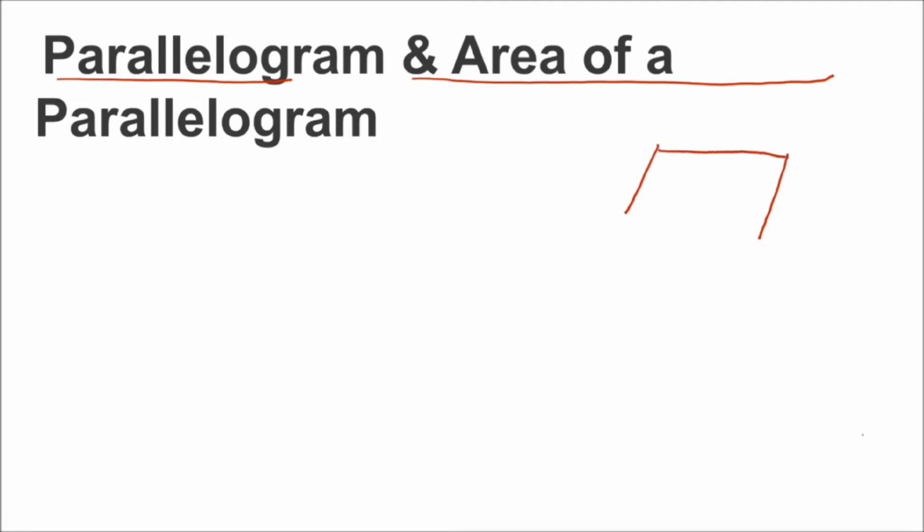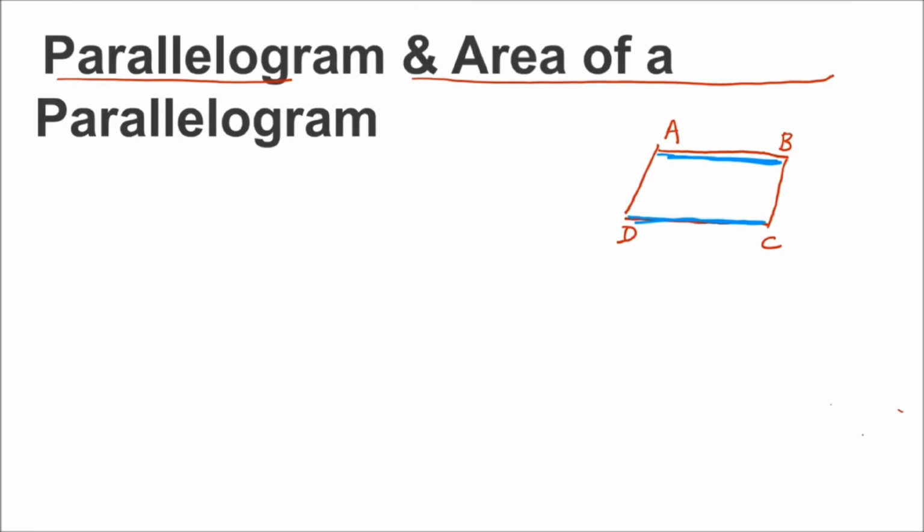So you can see over here we have a quadrilateral ABCD, right? And you can see that in this quadrilateral opposite sides are parallel. Here side AB and side DC are parallel to each other. That means one pair of opposite sides is parallel, and you can see the other pair of opposite sides